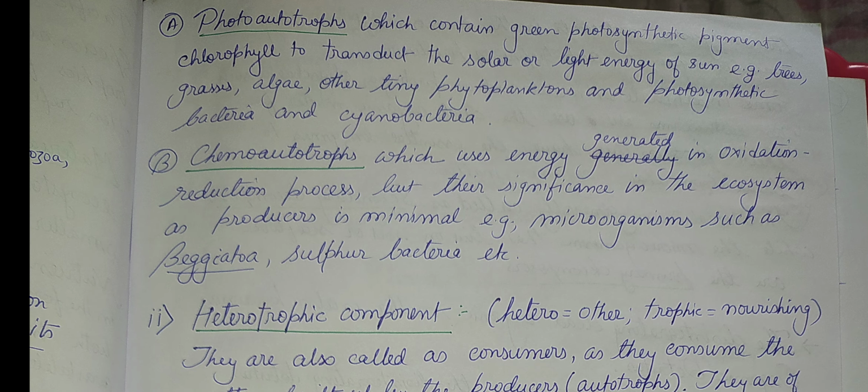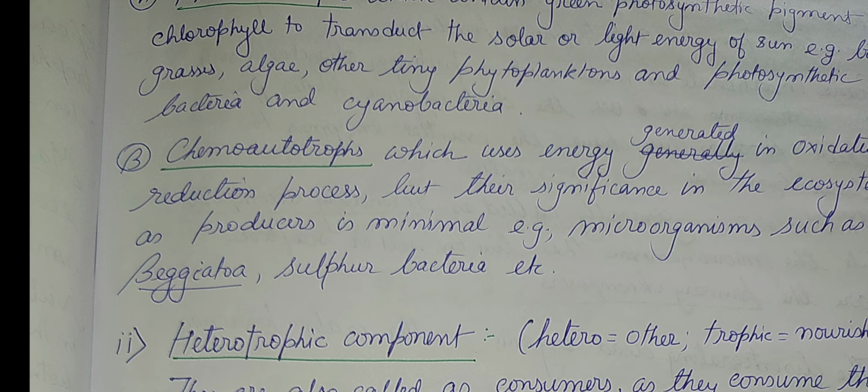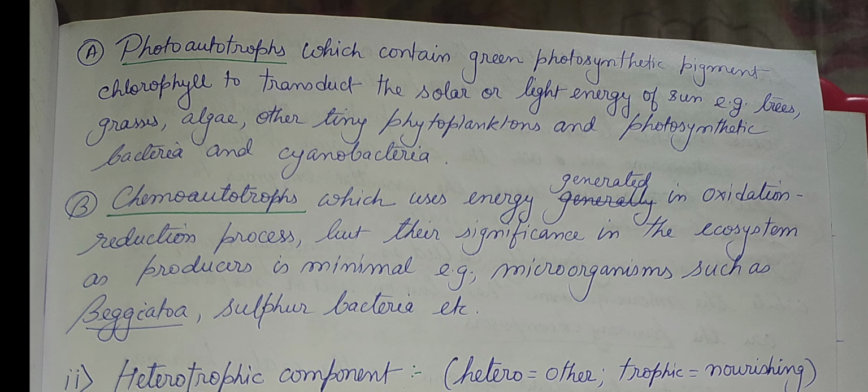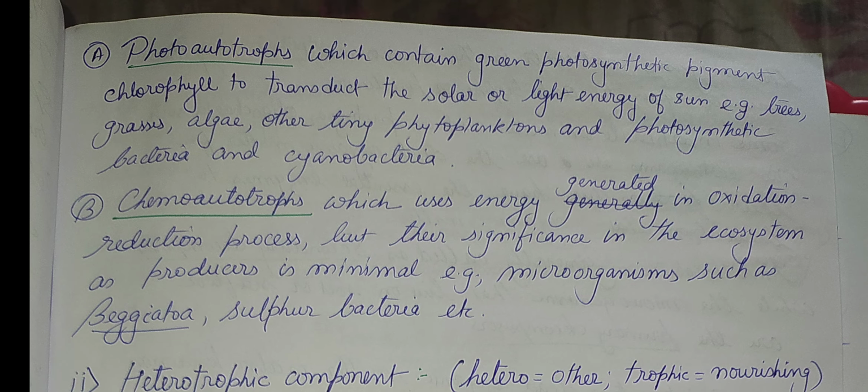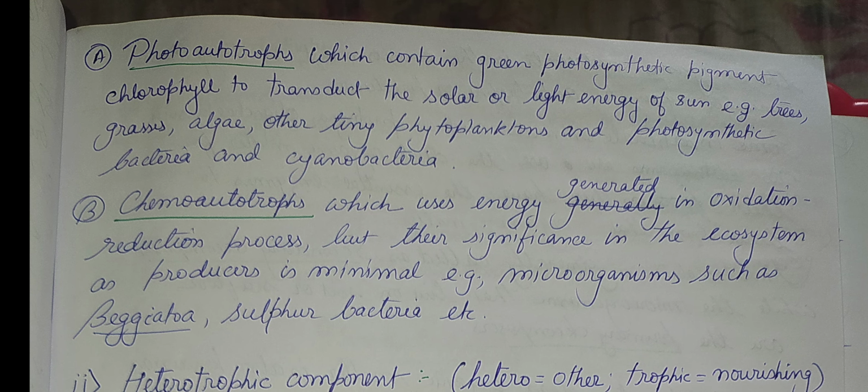Those photoautotrophs are those organisms which use the green pigment called chlorophyll to convert solar energy or light energy into chemical energy, to make their food as well as to build up their body. Trees, grasses, algae, other phytoplanktons, and photosynthetic bacteria and cyanobacteria are photoautotrophs. Phytoplanktons, if you don't remember, were the first primitive living organisms related with the plant kingdom that survived